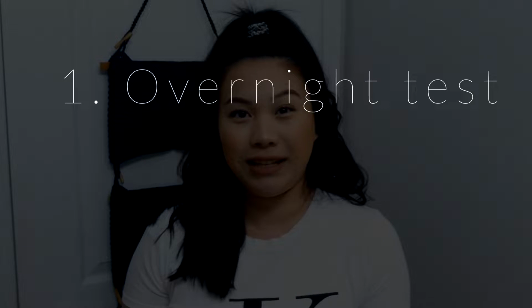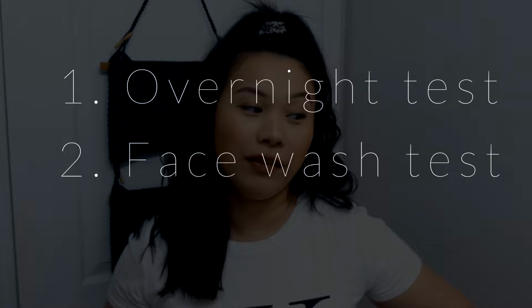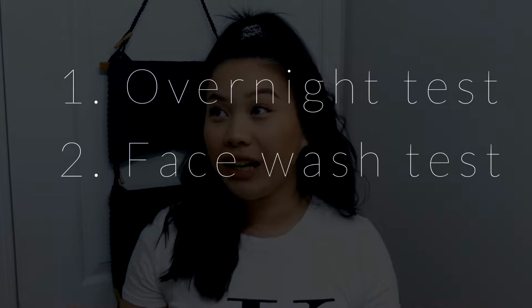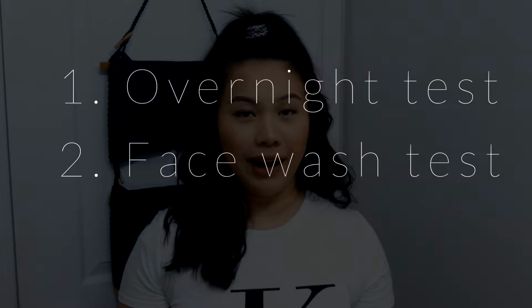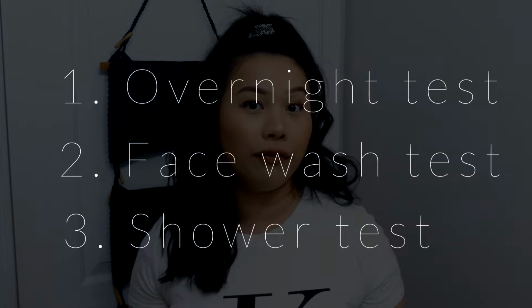So for this little brow experiment, we're gonna be doing three tests. We're going to do the overnight test to see if it even lasts one sleep. We're going to do a face wash test. I'm going to have like a Neutrogena moment. I'm just kidding. Don't want to clean that up. And then the last thing we're going to do is see if it lasts after a full-on shower. And then of course at the very end we'll see if it even lasts the amount of hours that each product claims. So before we get started, just a few basics about the product